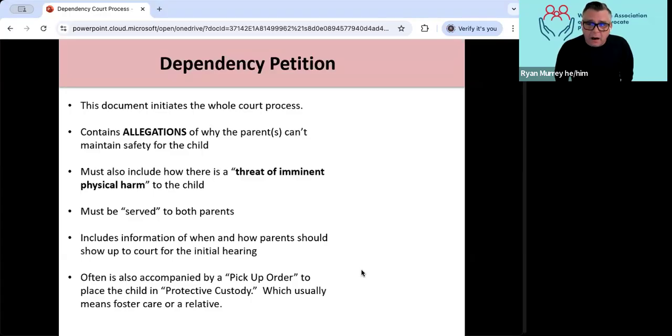A petition often includes what's known as a pickup order. What that pickup order gives the state permission to do is put the child in protective custody, which usually means foster care or a relative placement somewhere other than that kid's initial home.